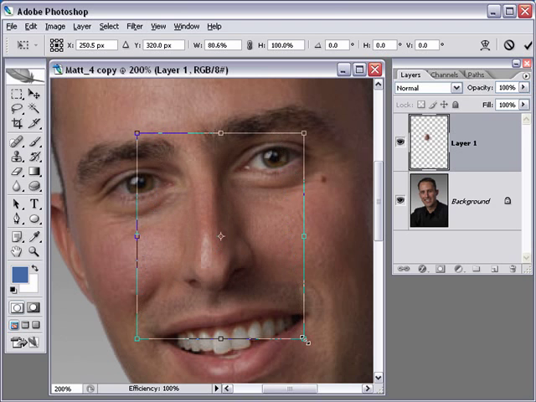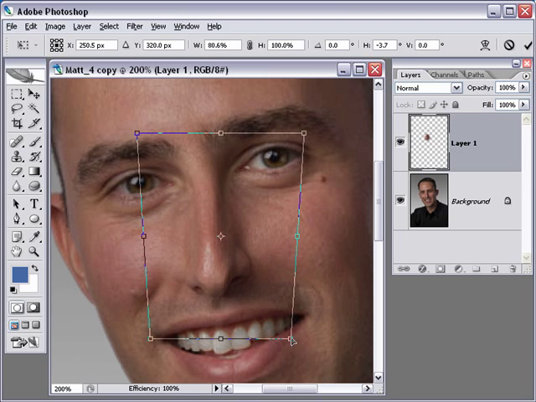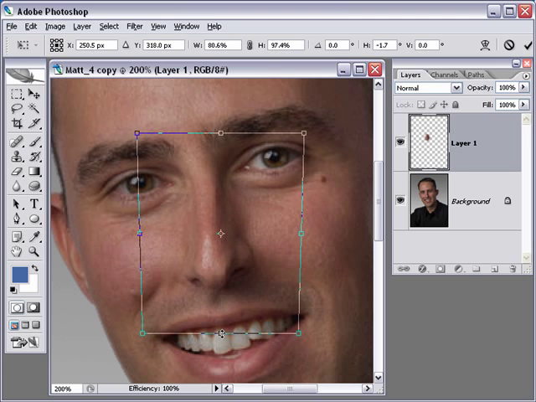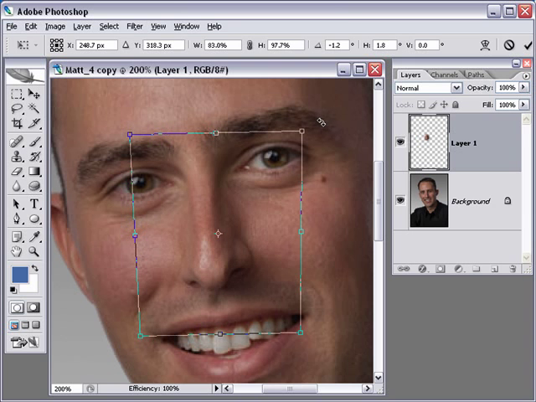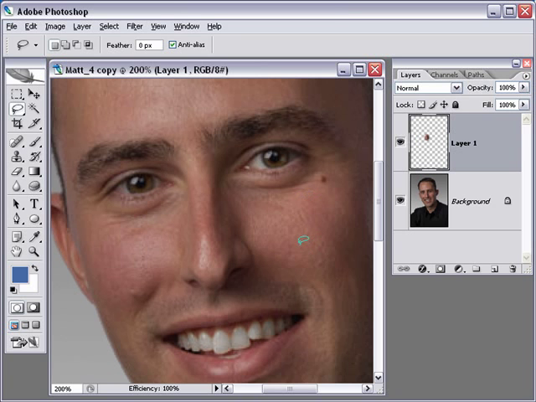Maybe the bottom will help here. I'll do the same keyboard shortcut and bring the bottom in a little bit. Now that looks better. It's kind of made my nose look a little bit too long here, so I'm just going to bring this bottom area up a little bit. And now I see a little bit of discrepancy over here, so I'm just going to bring that out just a hair. Then for any final touches, you might need to rotate it just a hair. That looks pretty good. After you're done, just press the Enter key, and that confirms or commits the transformation here,